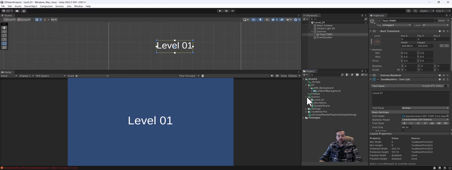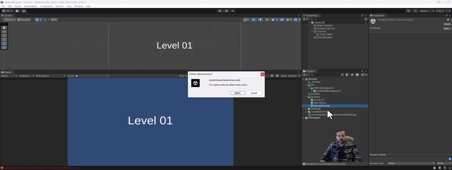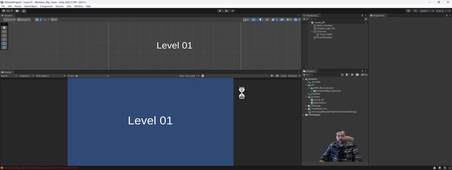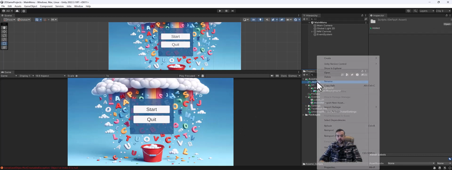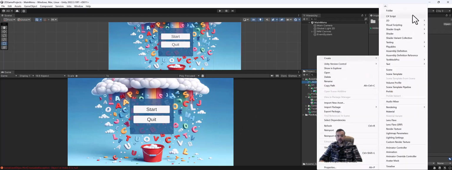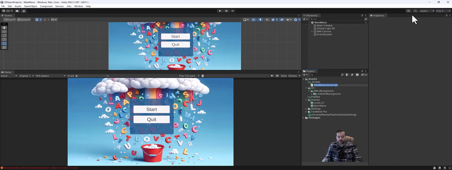And let's go back to our scenes folder. I'm actually going to delete this sample scene. We don't need it. We have a main menu and a level that we're working out of. So let's go back to our main menu here. And I'm going to right click in the scripts folder, create another C# script. And I'm going to name this C# script